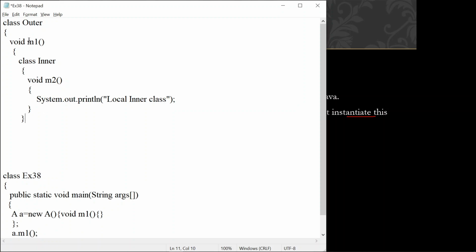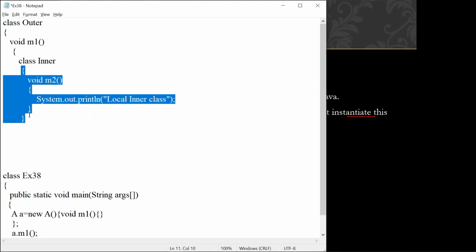So observe here, in a method you have an inner class. Whenever you write a class inside a method, such a class is referred to as a local inner class. But whenever you are writing any local inner class, you need to instantiate this inner class inside this method only. I have closed the inner class, but I have not closed my method as of now.